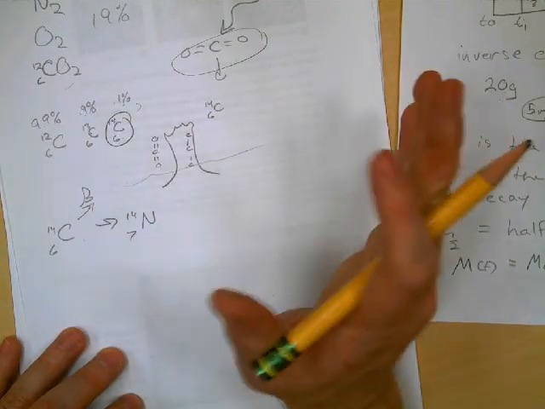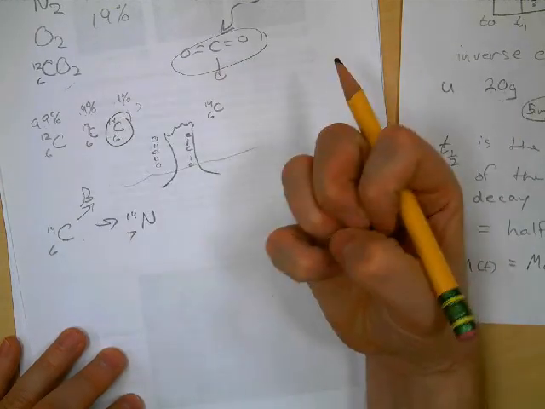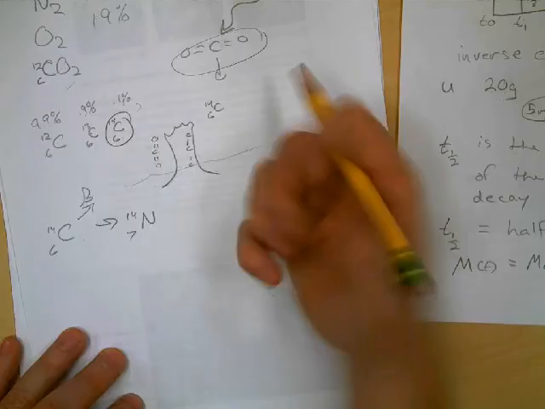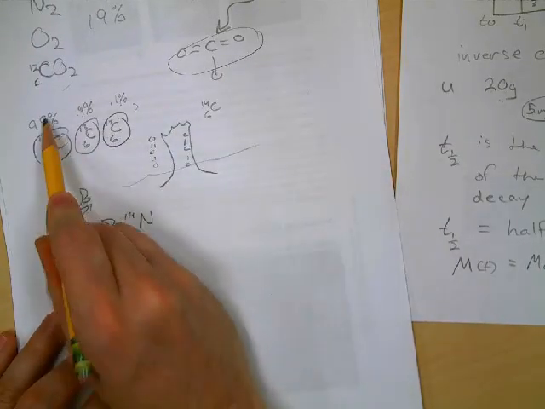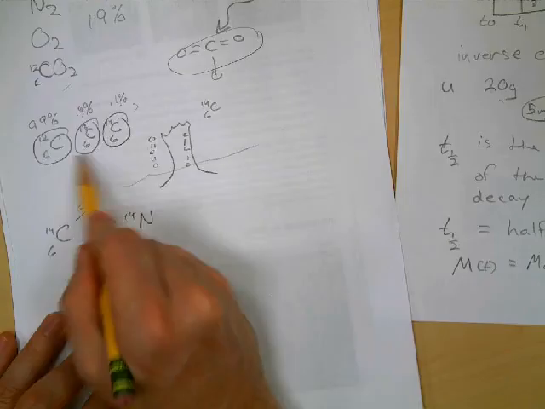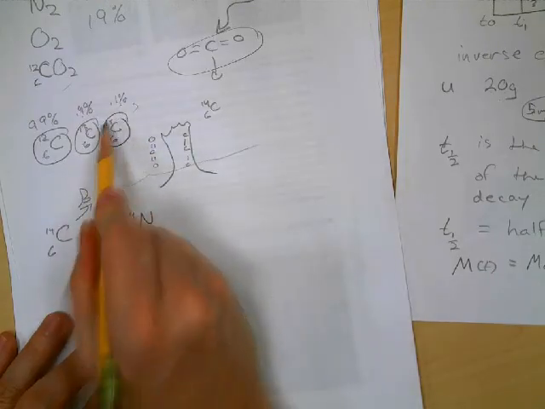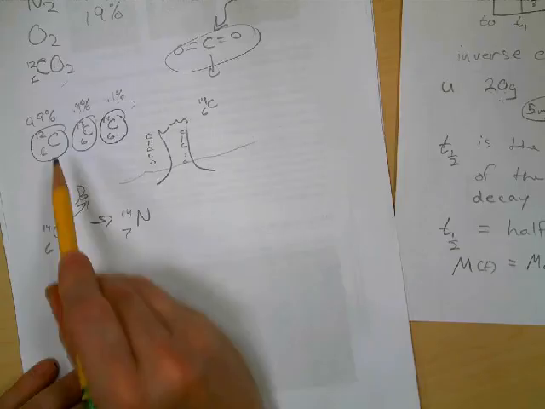And once you die, you stop respirating. You stop taking in new carbon. Well, that means all of these carbons that are stable, they don't fall apart. They stay there. You still have the same amount of carbon-12 after you die as you did when you died, and you have the same amount of carbon-13, but your carbon-14, which is unstable, will still be breaking down into nitrogen. So if you were to wait one half-life, or 8,000 years, you would have much less carbon-14 than any